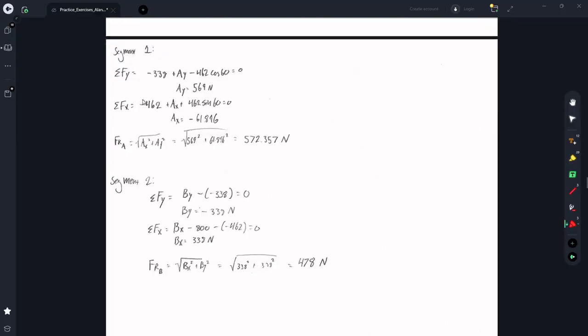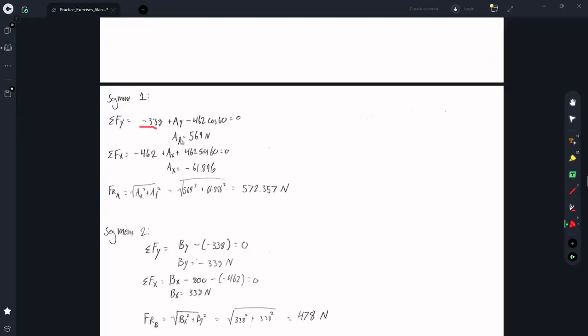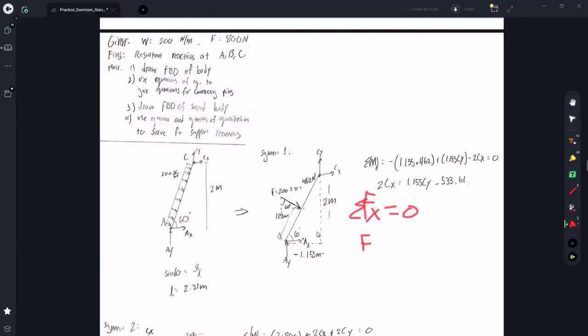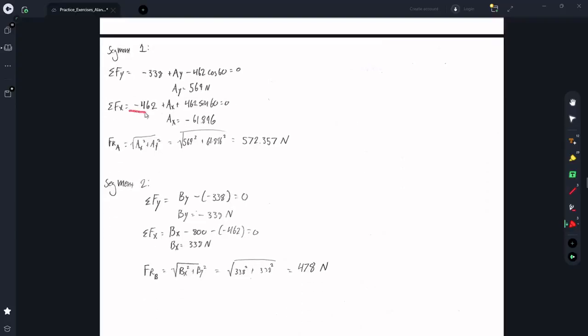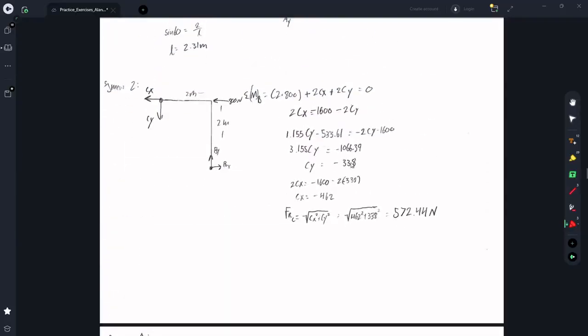So down here, that's what I did. It's negative 338 from pin C plus AY minus this force here, cosine 60 to get the vertical component, and doing all that, we solve for AY, which is equal to 569 newtons. In the x direction, it's the same idea, negative 462, which is the